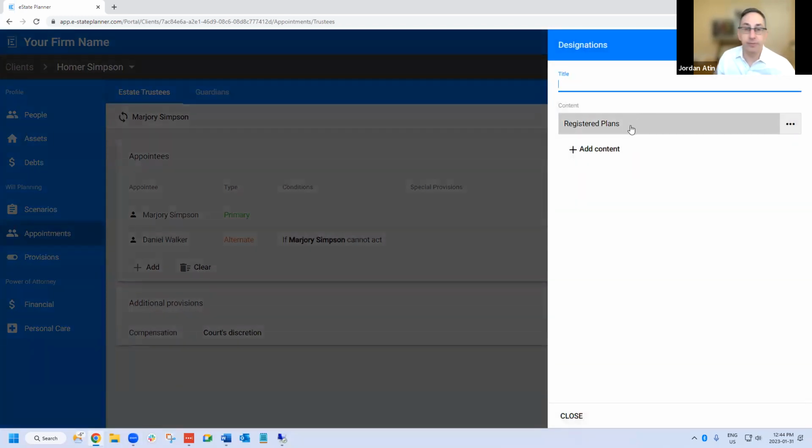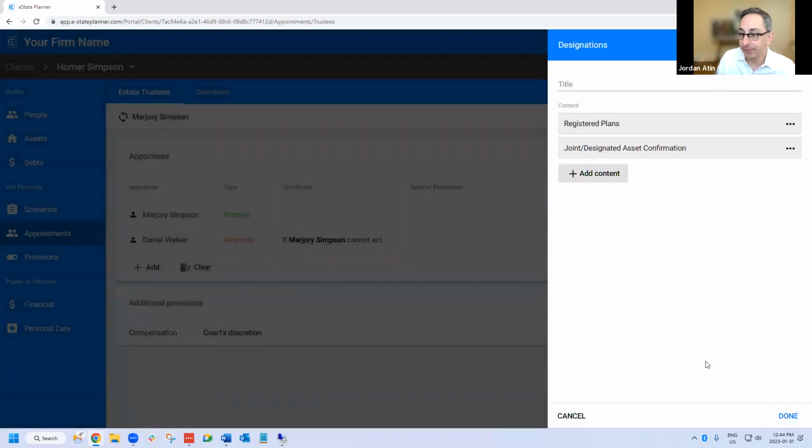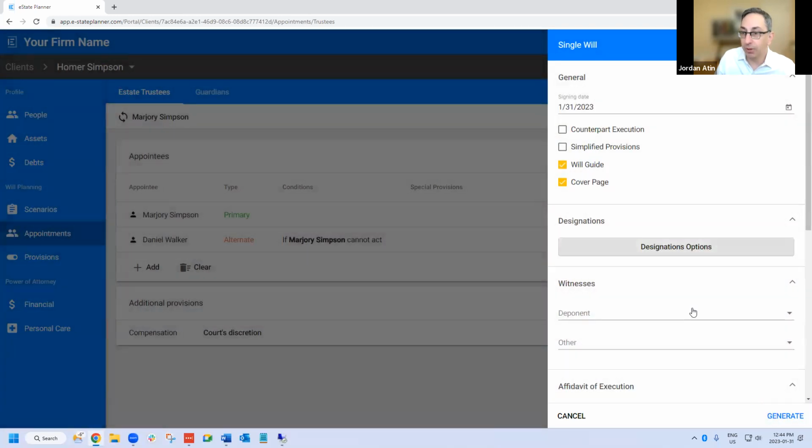My default, for example, was to only include the registered plans designation in my wills. But if I wanted to add my insurance declaration in my will, I could do that. If I wanted to include a joint and designated asset confirmation, I could do that as well. So let's put that one in. I'm just going to do that, and then I'm going to generate this.